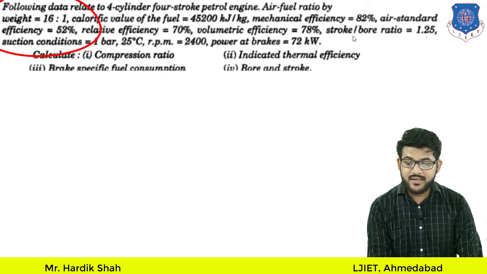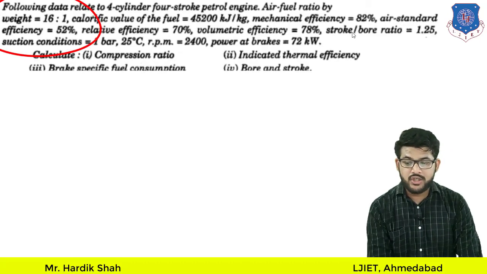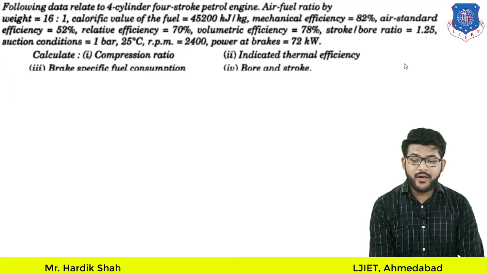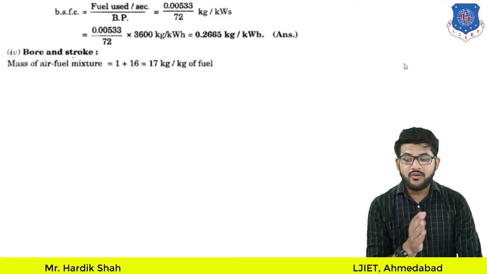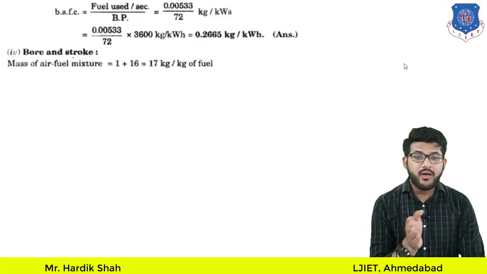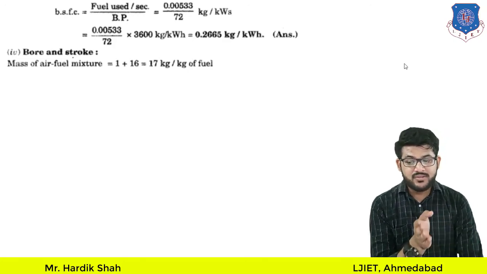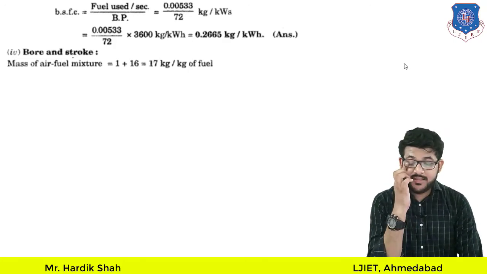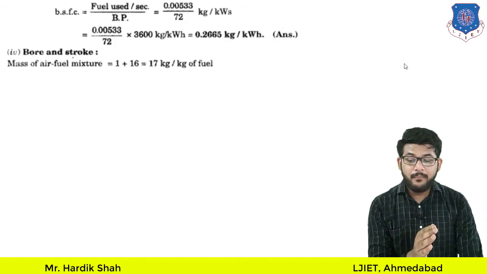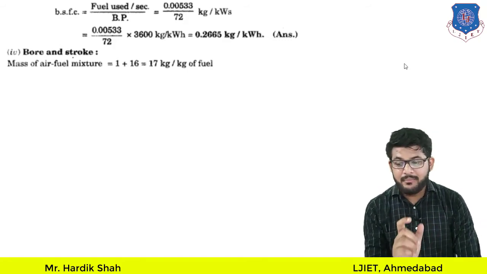We are given the air standard efficiency, the stroke to bore ratio and everything. Fine. Now we need to first find the mixture, or mass of the air to fuel. So it will be 1 to 16, 1:16, that is 1 plus 16. So we can say it is 17 kilogram per kg of the fuel, that is our mass of air-fuel